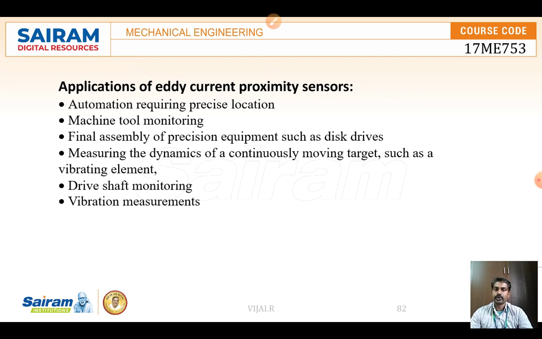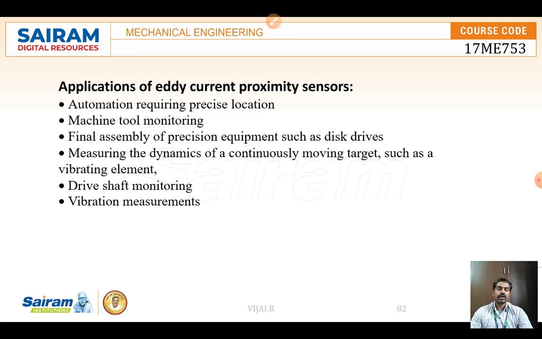They also measure dynamics of continuously moving targets such as vibrating elements, driving shaft monitoring, vibration measurements, and final assembly of precision equipment, wherever we need to check for nearby obstacles.